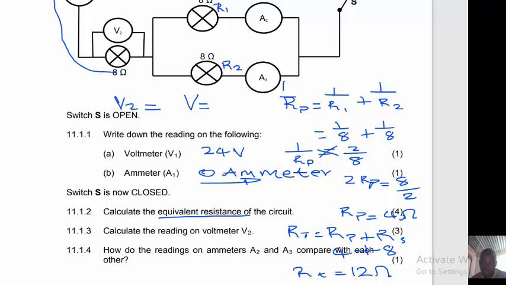So let's just go V equals current times resistance. So for volt we have 24 equals, for our current we do not have the current, so we'll still have the I. The resistance, we'll take the total resistance, and we then know that I will therefore be equal to 2 amps, right? So at this point